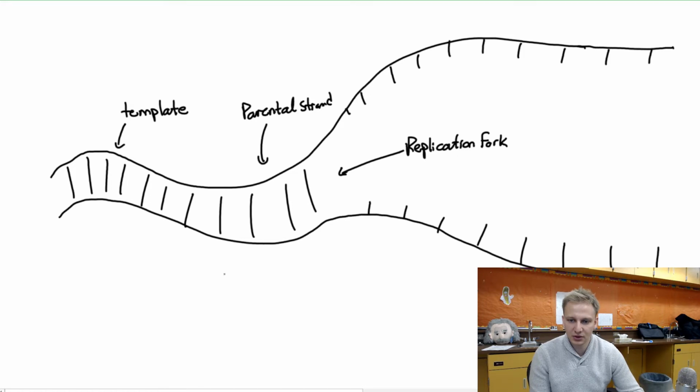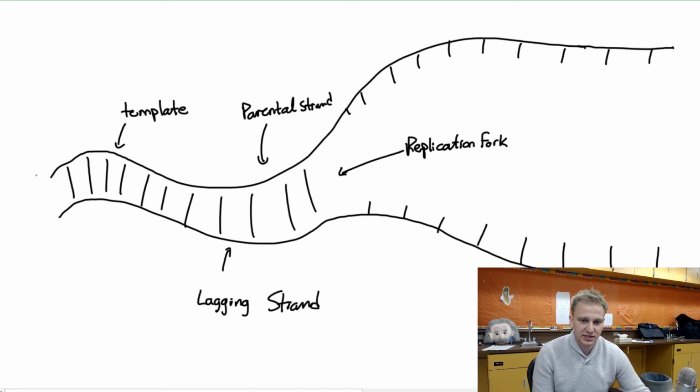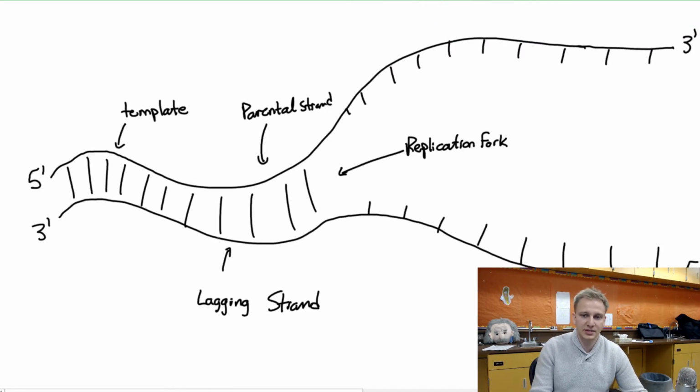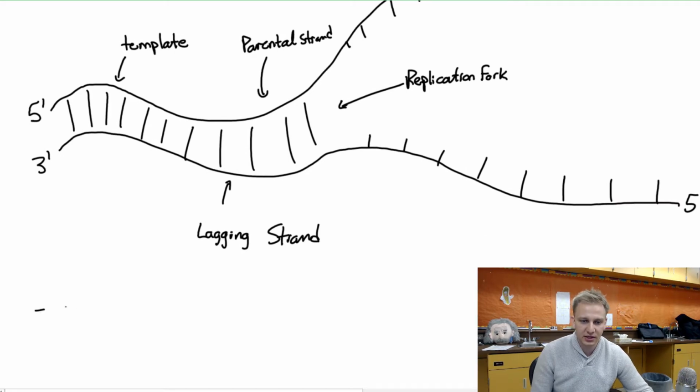And the one down below, this one here, is called the lagging strand. And there's a reason that these two have their names like this. So a lot of times in diagrams, you'll see these symbols here, these 5 and then the apostrophe. And so what those actually are showing is, or the way that we communicate them is 5' and 3'. And a critical rule about DNA replication is that replication can only occur